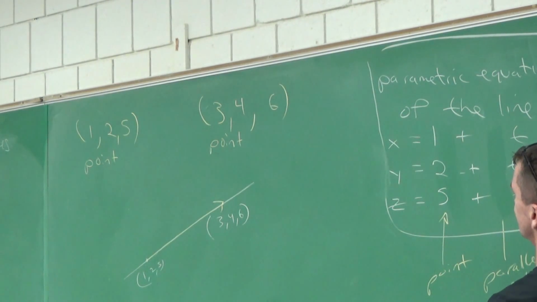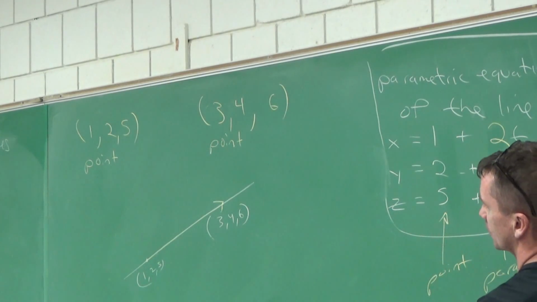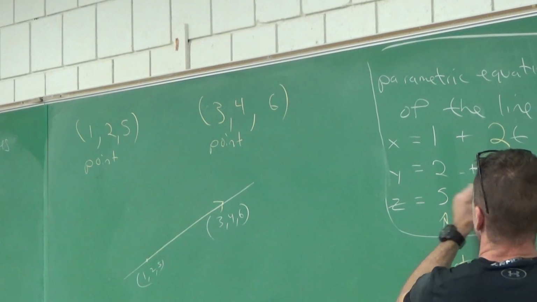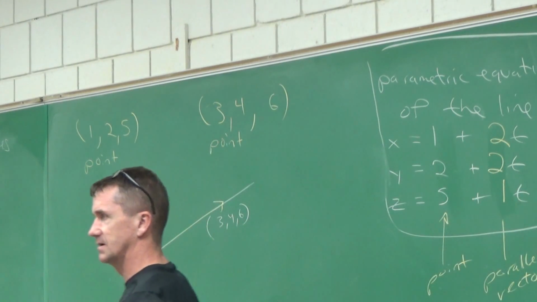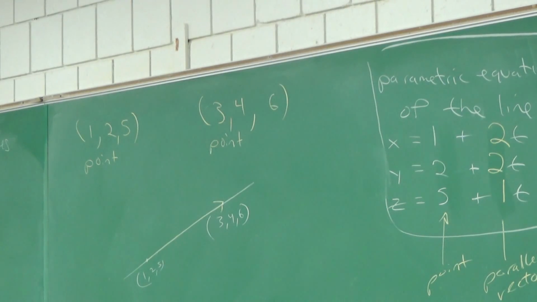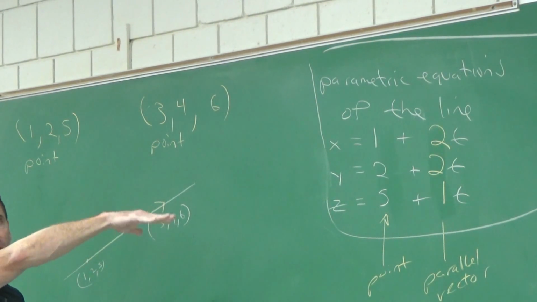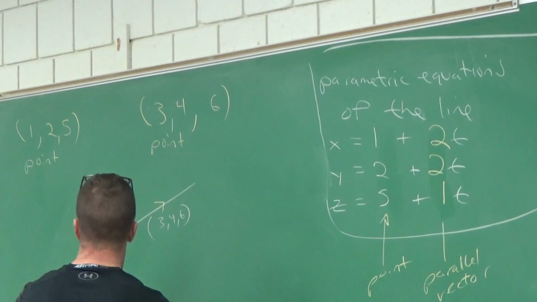What's 3 minus 1? All right, so tip minus tail, 3 minus 1 is 2. 4 minus 2? 2. 6 minus 5? 1. And I should have at least got some negatives in there, huh? Sorry about that. Negatives, we understand that. There's a parametric equation of the line. Can you write that as a vector? Certainly, that's the parametric. They ask for the parametric equations. I write them vertically, you can write them horizontally. And just put commas between them.